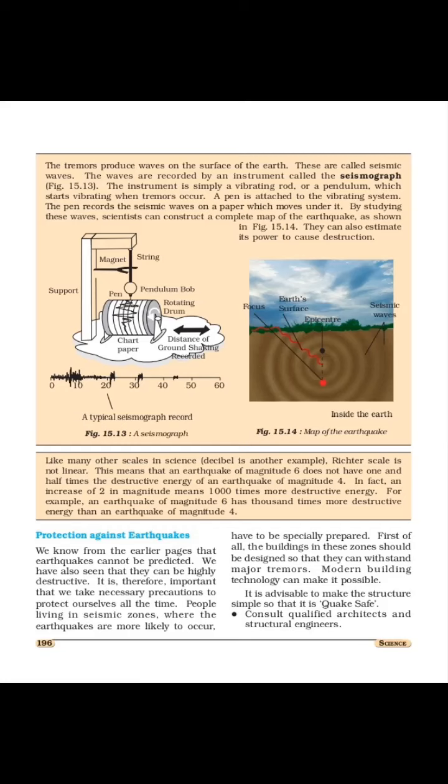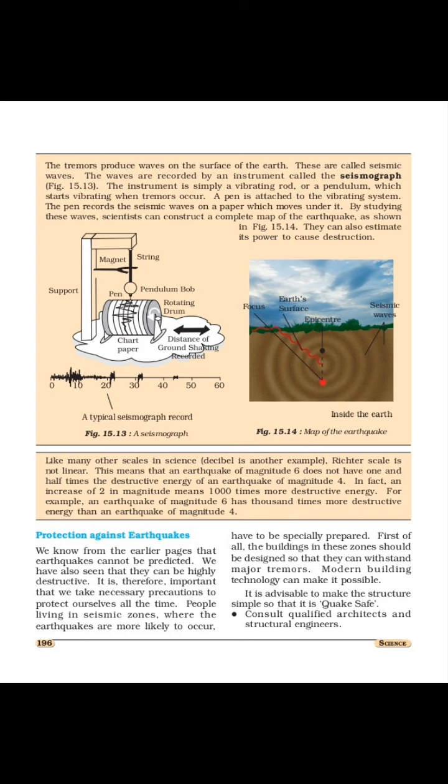Good morning students. Our chapter number 15, some natural phenomena, is going on. In that we learn about types of charges and their interactions, transfer of charges and earthing process, lightning process, and which safety measures we have to take during the lightning process. Then we learn about lightning conductor and earthquake. In that we learn what is an earthquake and causes of an earthquake. Today we will see the remaining part of this chapter.